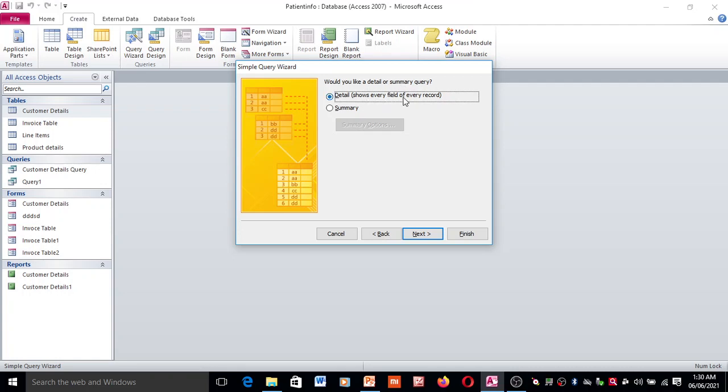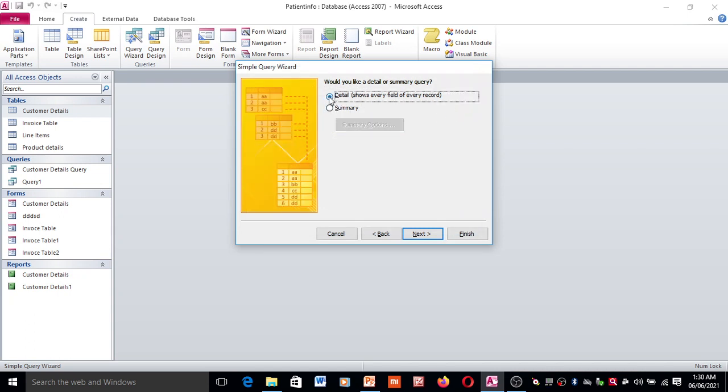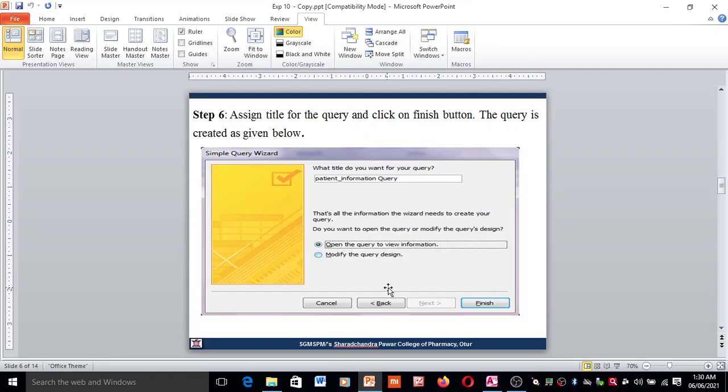Details shows every field, every record. If you select the first option, it will show you every field and every record. Another option is summary, which gives you summary operations like average, min and max. But in this practical we are going to select details, show every field of every record. Here you can see assign a title to the query and click the finish button.